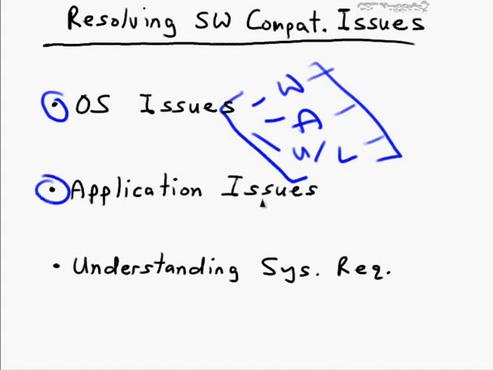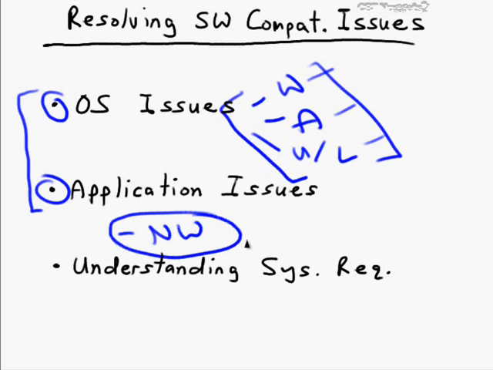We then spent time looking at application compatibility issues. In fact, we kind of tied these two bullet points together, really. What's not in this list that I'll inject now was our brief consideration of network incompatibilities and resolving those. And then we looked at this, again, very important subject, understanding the importance and role of published system requirements for